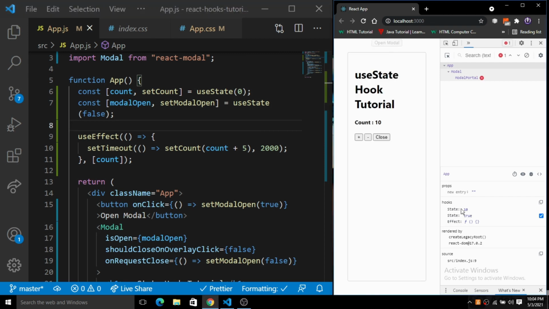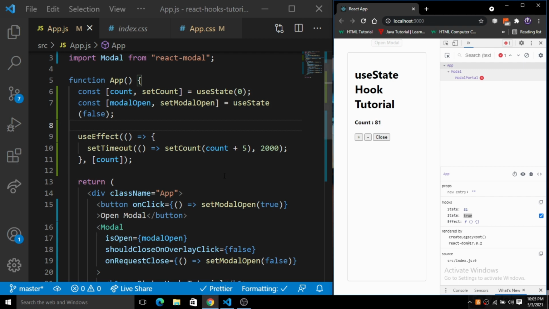When I open the model, you can see the state is turned true, and it is automatically incremented by 5. When I click on this, it auto-increments here: 45, 46, 50, 51, 55. It just auto-increments after every 2 seconds.